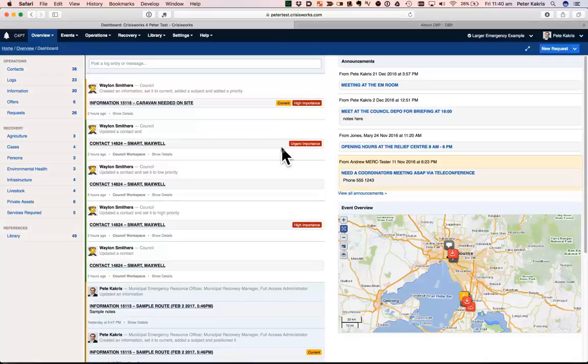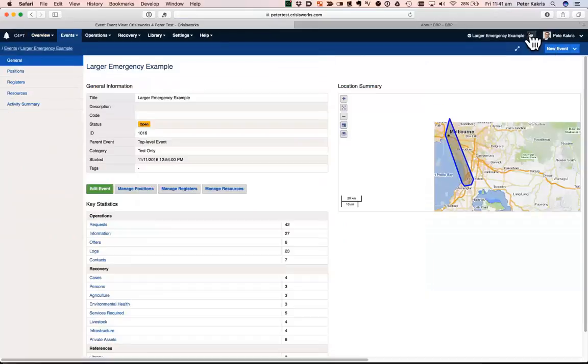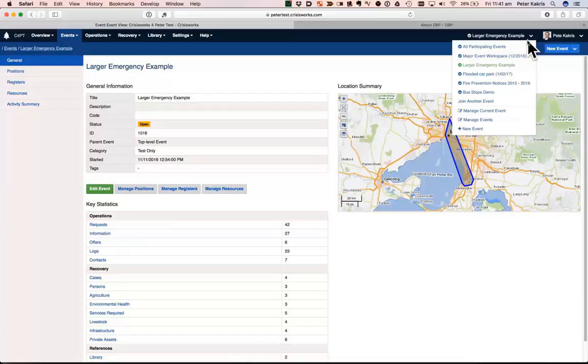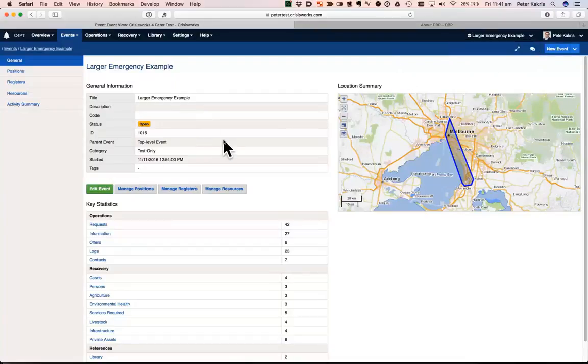So let's look at some events and global events. First of all, we'll start by looking at a normal event. So this larger emergency example, if I give it a single click, or I can also select from that drop-down list the Manage Current Event, it takes me to this event summary screen. This is a really useful screen. So here I can click on the positions